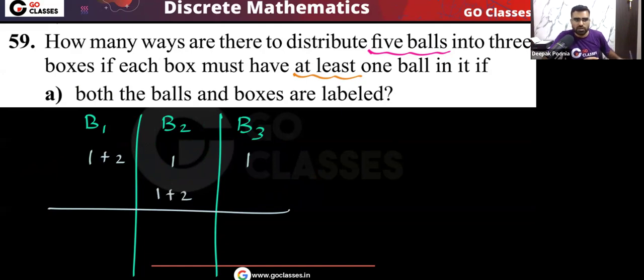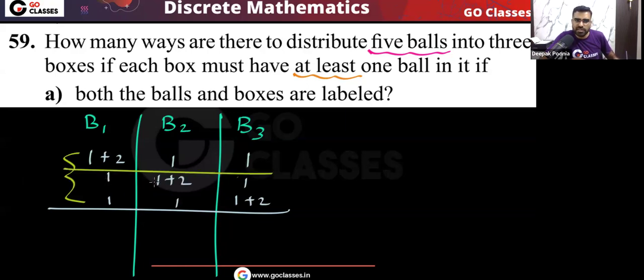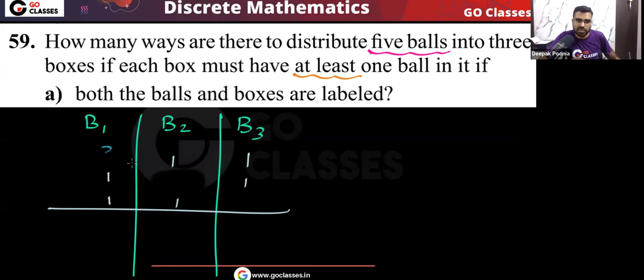Understood? So three cases are possible. Yes or no? Basically 3 1 1, 1 3 1, and 1 1 3. So these are the cases possible.